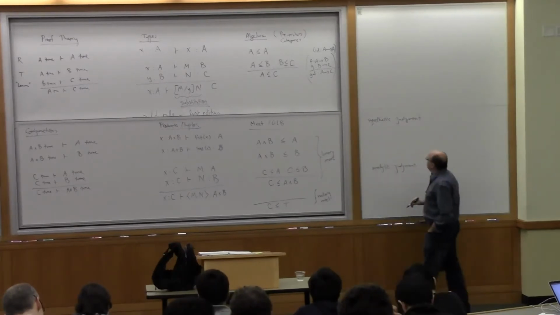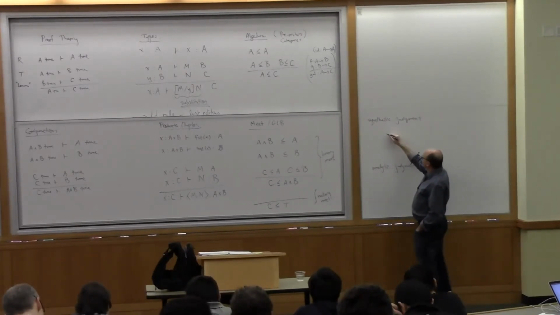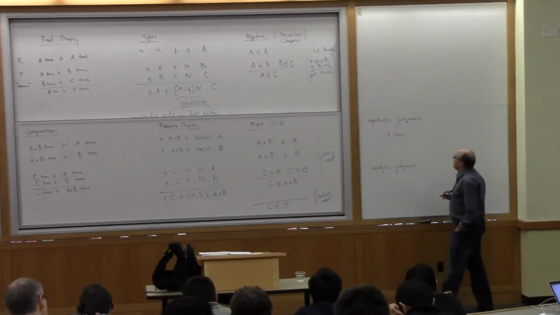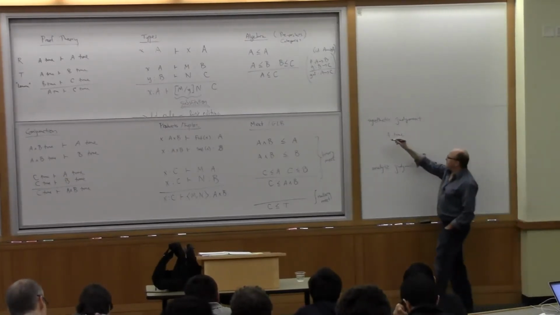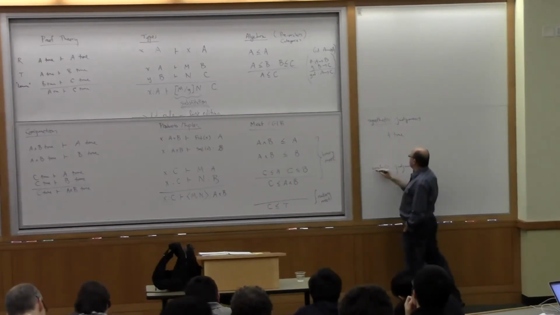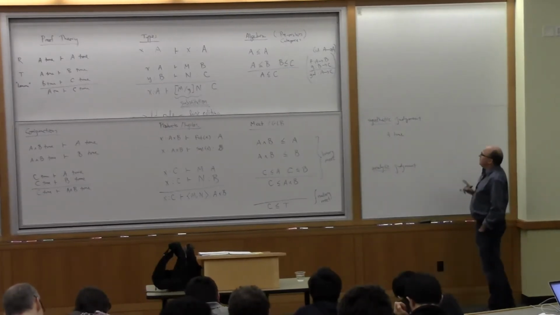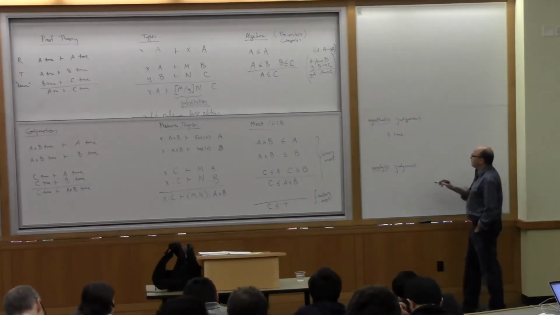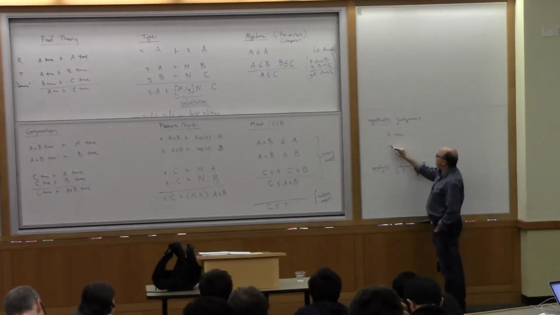And we've already had an example on the board. An example on the board is when we say A is true. That's an example of what is called a synthetic judgment. This is the terminology, versus what is called an analytic judgment. And the idea is, and this goes back to this point of having existential force, the key idea is that it requires evidence,